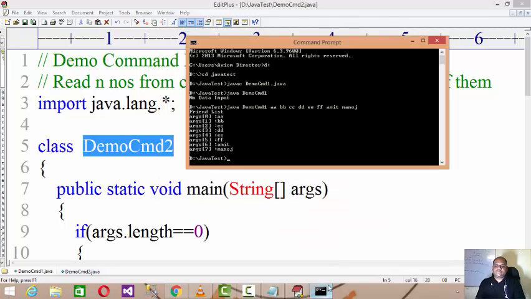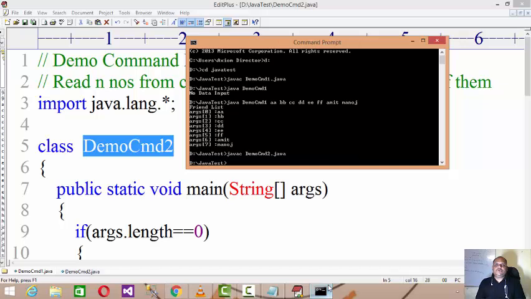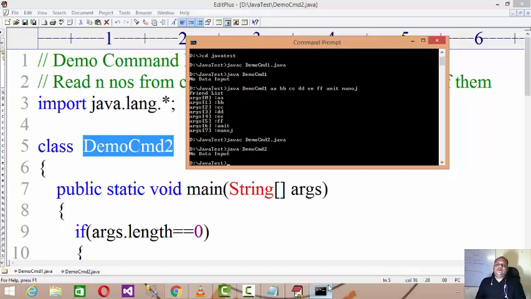then go to the command prompt, use javac demo cmd2.java, compile the code and check for any errors, then java demo cmd2. If you have no input, it will print no data input, but if you feed the input over there, now I have to give all the inputs in number format, right? So I will write, let's say, 10, 20, 30, 40, 50, 60, 70, 80, 90, whatever list of numbers you give. So you will give it in this manner.